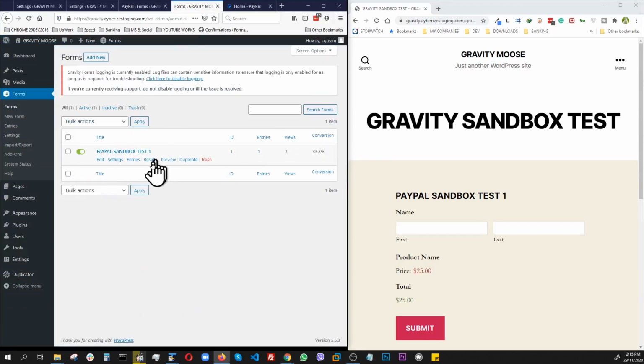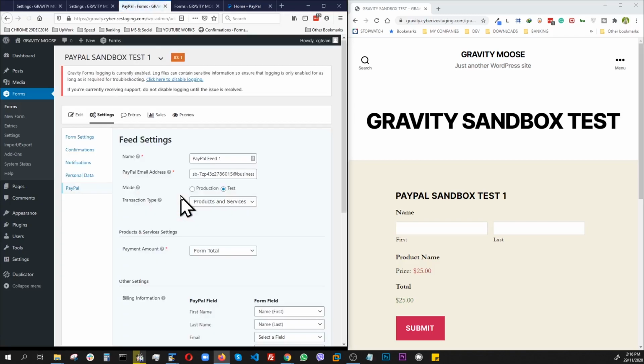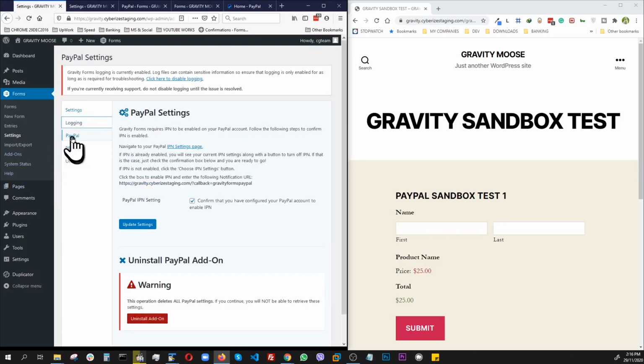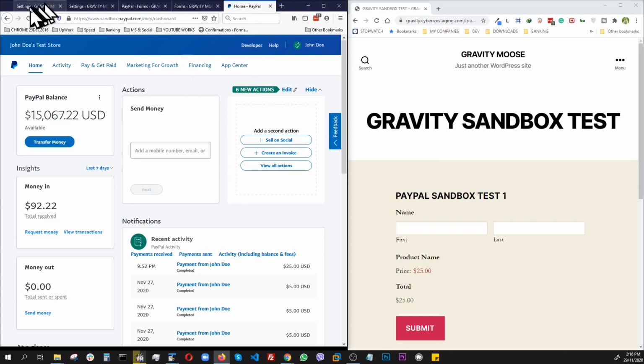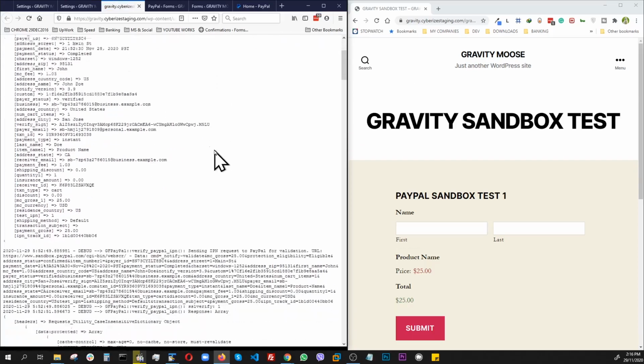This is the form at the back end, and this is the feed that we created to connect. Inside this feed we use this business email from the Sandbox to connect to this account right here, and we enabled logging. Also, we connected with this URL to the IPN, or instant payment notification service, of this Sandbox. And once we looked into this log,